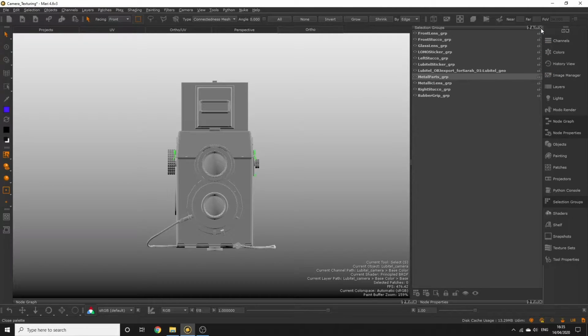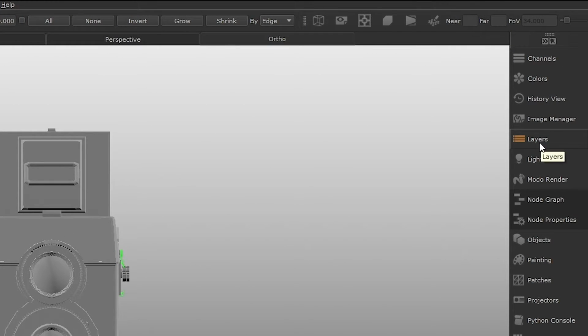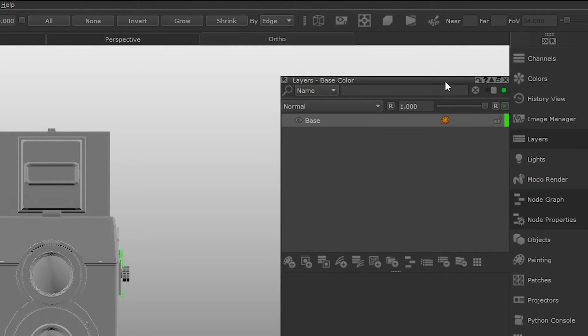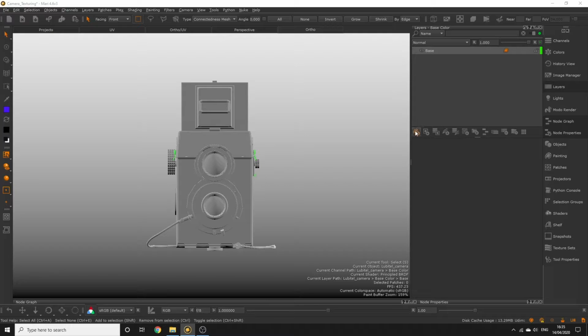We're going to be painting our camera using the Mari layer system. Now, to give you a breakdown of what the layer system is, let's open our layers palette. In Mari, when we paint on our objects, that paint data is actually getting stored to the currently selected layer. So each layer contains texture data, and you can create as many layers as you want to build up your